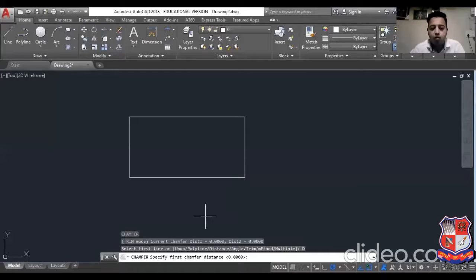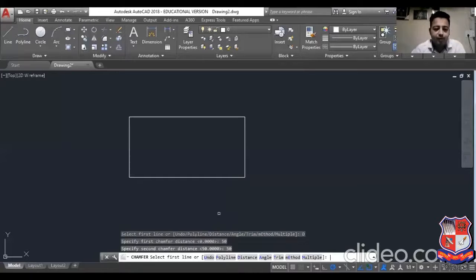Okay, so in this distance you can only give the distance value, means d by d or d1 by d2. Okay, d by d means both the distance is same and d1 by d2 means both the distance are different. So first chamfer distance I will say 50 enter, and second chamfer distance again I will say 50 enter.